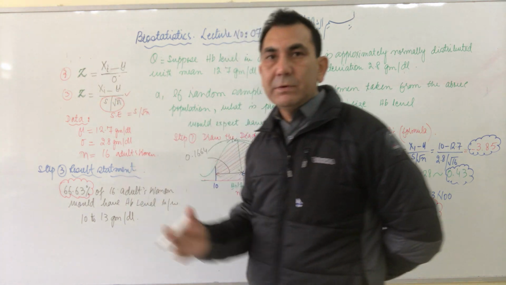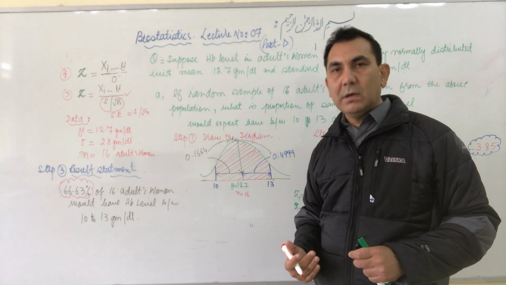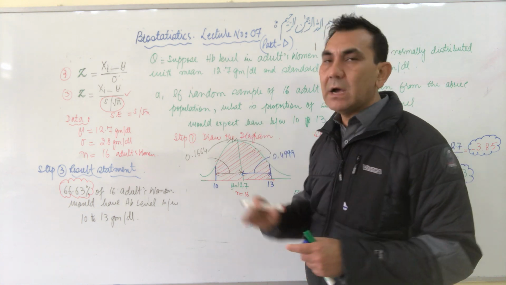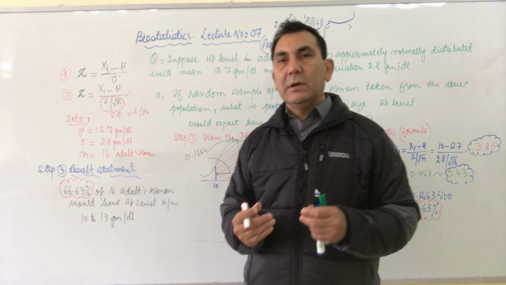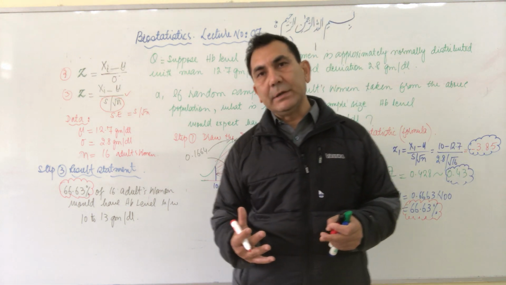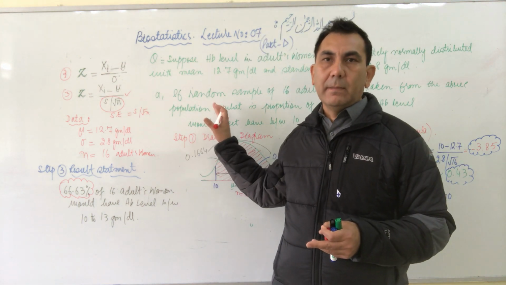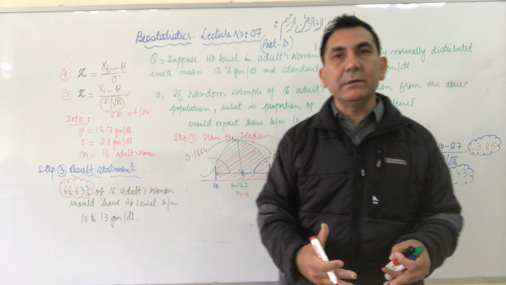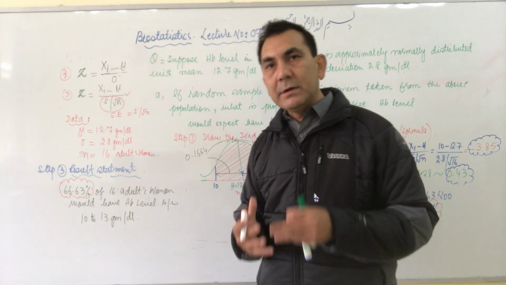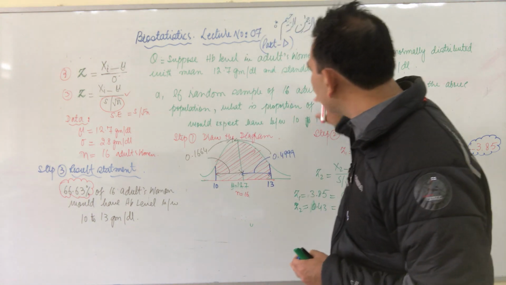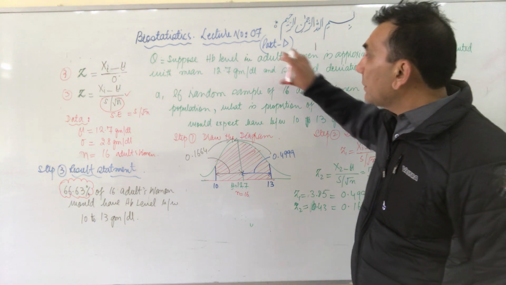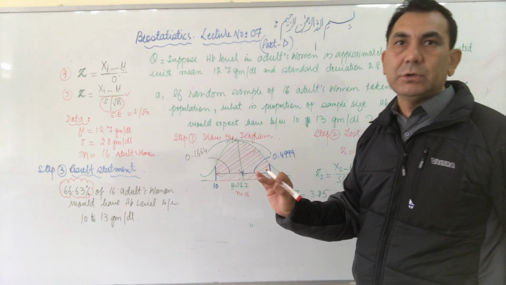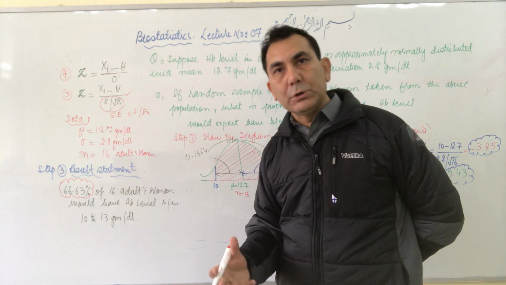Actually, the sample which we draw from the population, for the probability, the random sample is a type of probability sampling. If we draw a probability sample of the 16 adult women from the above population by the random sampling method, the 16 adult women are a true representation of the above population, but not an accurate representation of it.